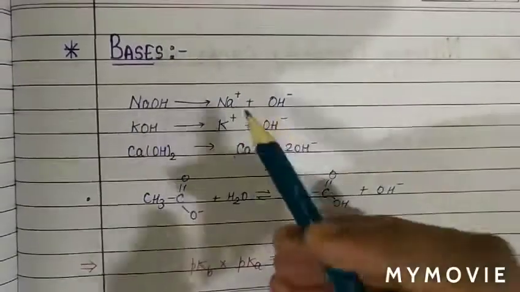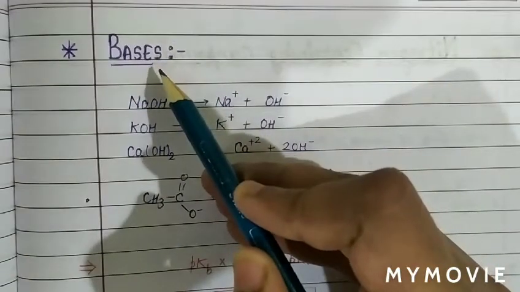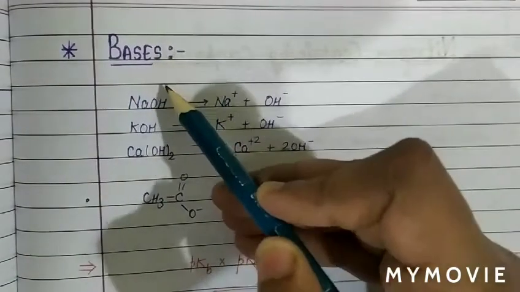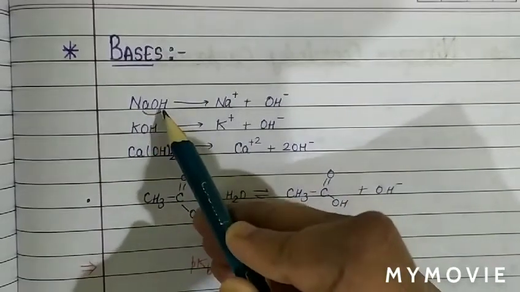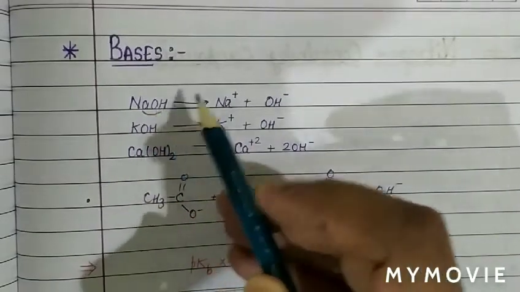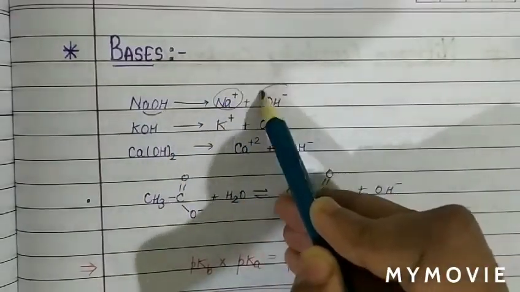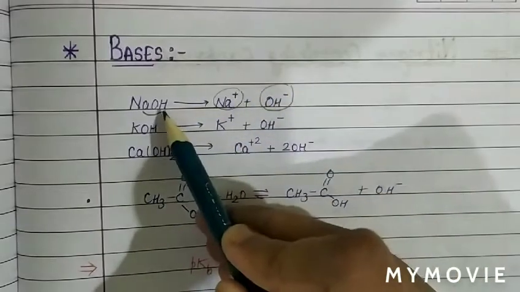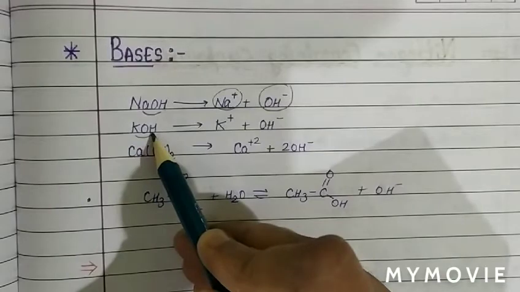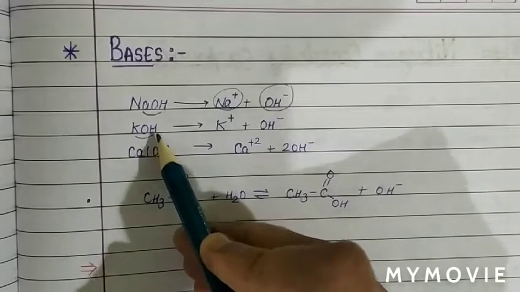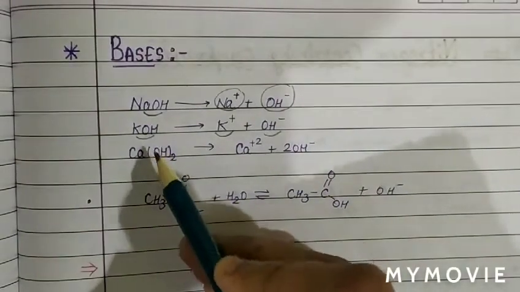See, the next topic we are going to discuss in the application of inductive effect, we will compare the strength of bases. As we can see that NaOH is a strong base. When NaOH is dissolved in aqueous solution, then NaOH will be dissociated into Na+ ion and OH- ion. Because NaOH is a strong base, in the same way, when KOH is dissolved in aqueous solution, KOH will be dissociated into K+ ion and OH-, because KOH is also a strong base.